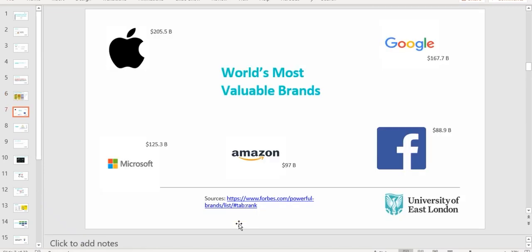So this takes me to the discussion about looking at some of the most valuable brands, and this is according to Forbes, which has a number of top 100 brands lists. But think about what a brand like Apple does. Apple sell phones, they sell computers, but why do people buy those? Why are they fanatical about those brands? It's because of what they perceive to get from the brand and the value that they associate with those companies.